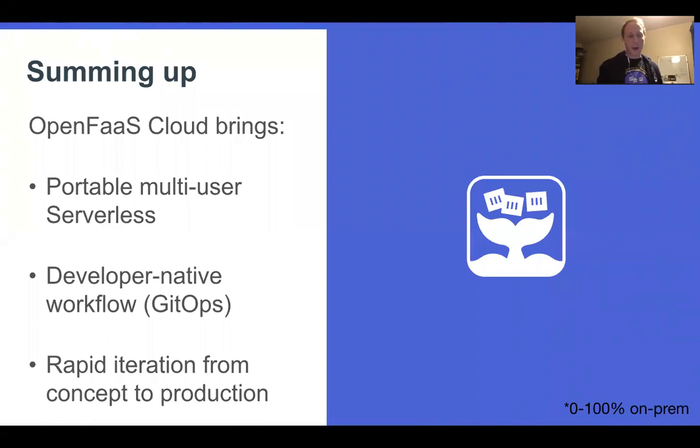The same for GitHub. There's this developer native workflow now, which is working through GitOps, which is best practice, rather than going back to zip files, back to the ways of perhaps some of the workflows that we've seen in Cloud Functions, editing in a web editor.